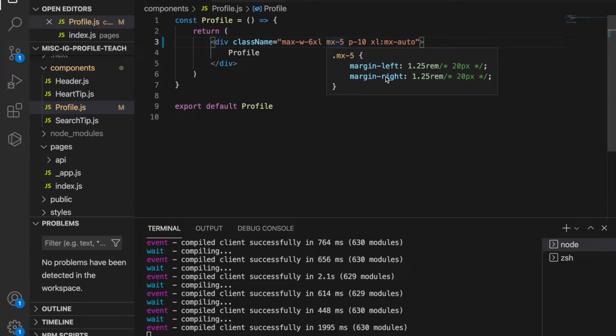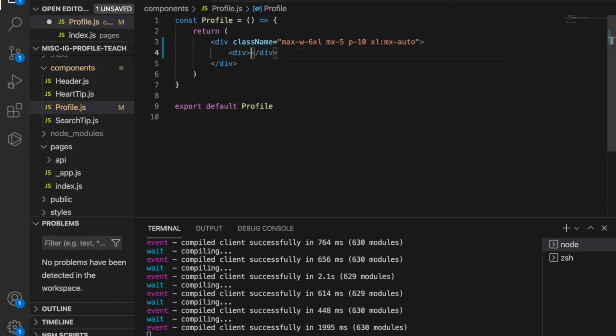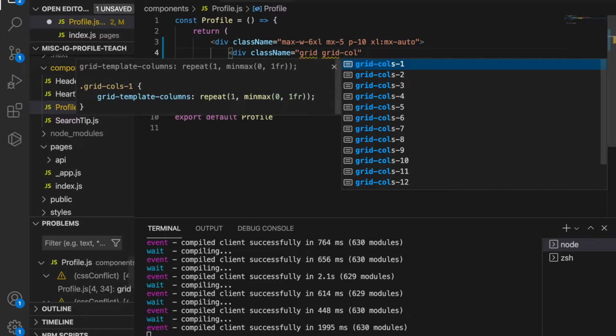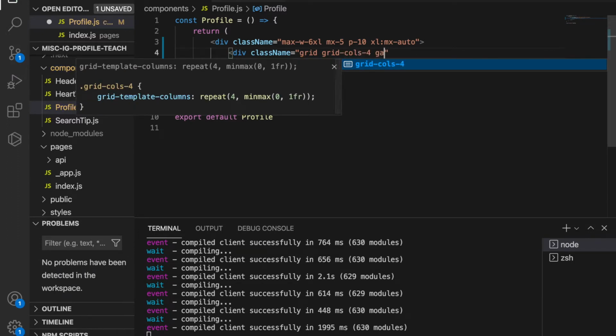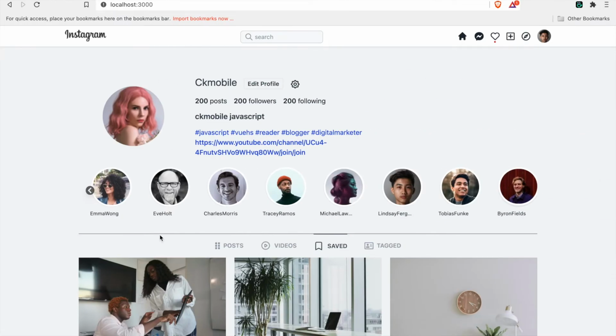So we have the margin left and margin right. We have the paddings, and also for the extra large we have the margin X auto. And then inside this we create another div, and we are going to use the grid. So we type the class name, which is grid, and we have the grid columns 4, and the gap between them is 4, because we want to divide this into 1, 2, 3, 4 columns,